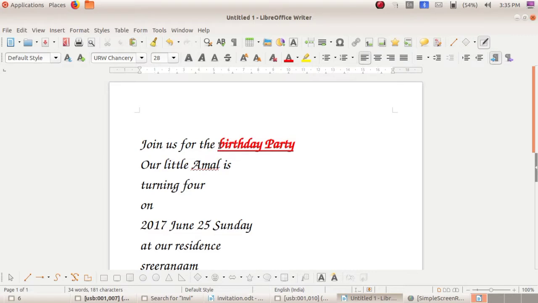How could you give the underline? Just select that. Here you can see the underline option. Then here you can see the italic option. Then this is the bold option. You can make the letters bold by clicking on the bold option. So we studied all these things in the last class.